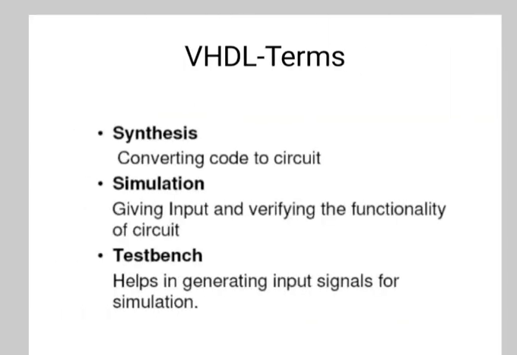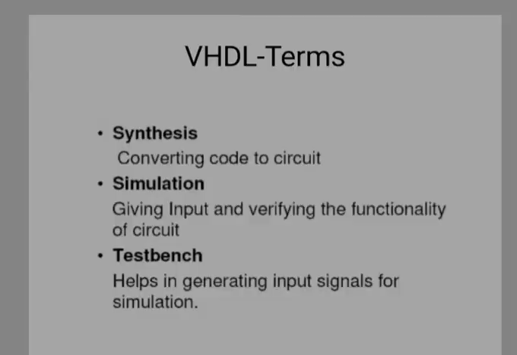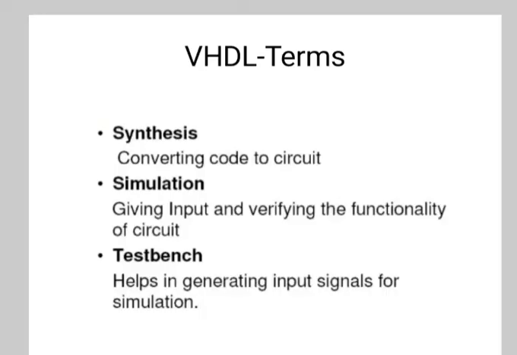Now first we will see some features of VHDL. The first feature is concurrent language. That means the concurrent statements execute at the same time, in parallel, as in hardware. So here the sequence of the statements is not important. The second feature is sequential language. The sequential statements execute one at a time in sequence, as in any conventional language. The sequence of the statements is important. VHDL is both a concurrent and sequential language.